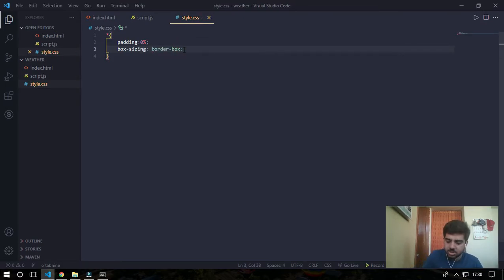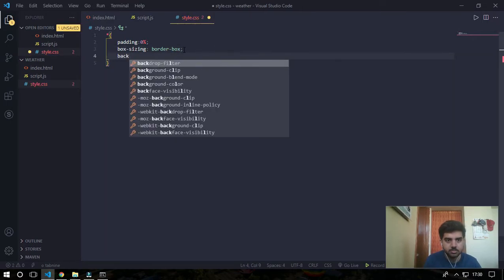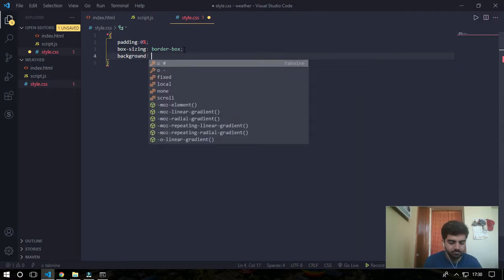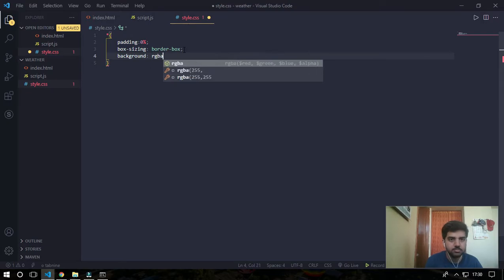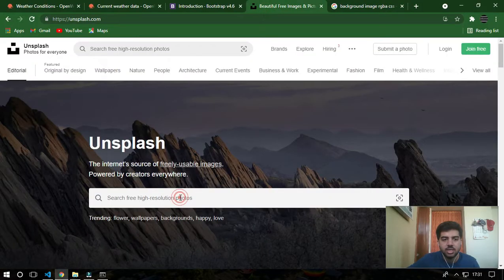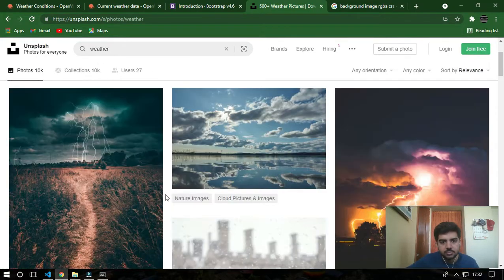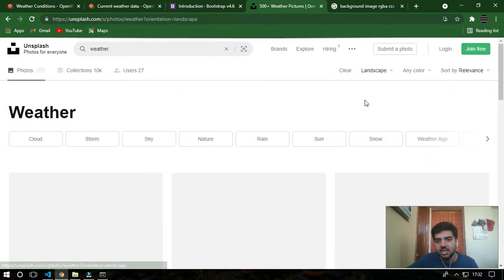Then background, RGBA. Our orientation is landscape.